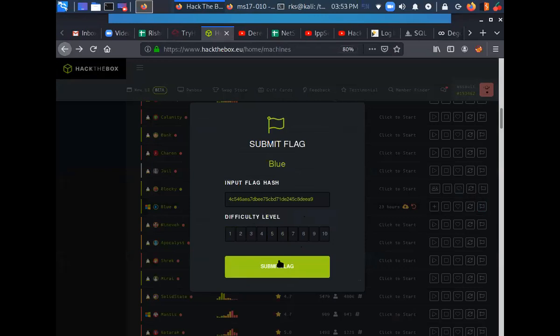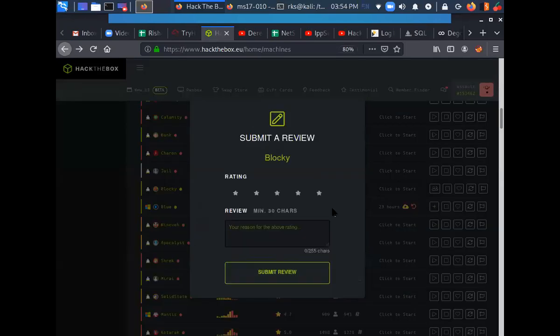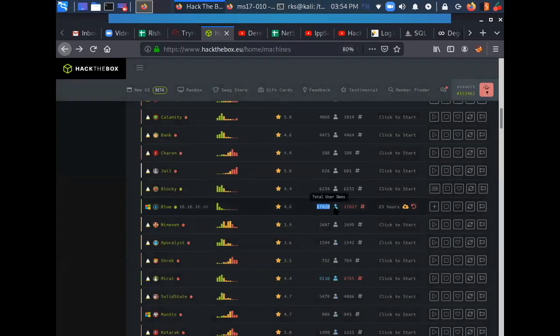So this was your user flag. Once you have submitted your user flag, this gray color is going to turn blue, and this gray color is going to turn red once you submit the root flag.